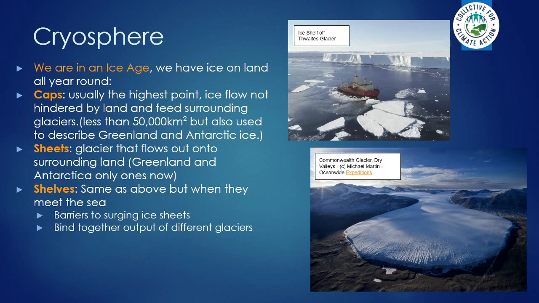One important thing to remember about ice shelves, though, is that their contribution to sea level rise has already been done because they're floating. So when they break off, they themselves don't really contribute to sea level rise, but as they leave the land and float away, they allow the ice on the land to flow into the sea more quickly.